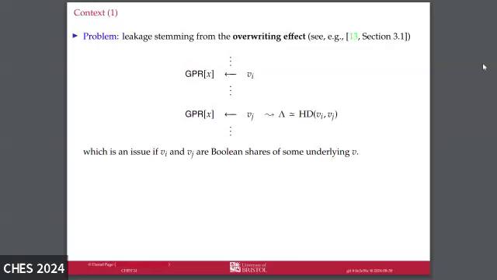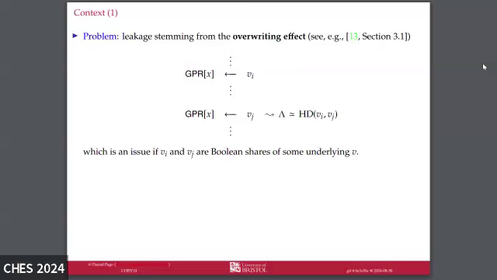You have to imagine that there's some storage resource, some register or something like this that exists. At some point in time, you write a value into this resource, and then at some point later, you write a different value. And of course, the second value overwrites the first one, and as a result of this transition, the leakage that you produce is some function of these values, so the Hamming distance between them, for instance.